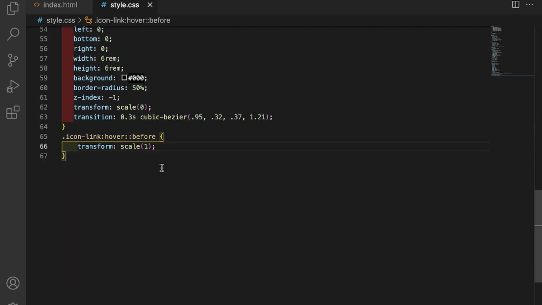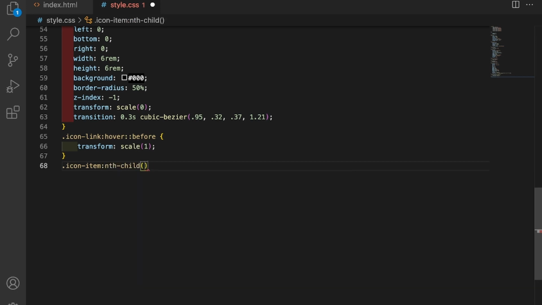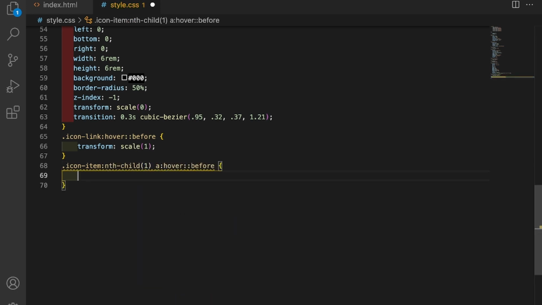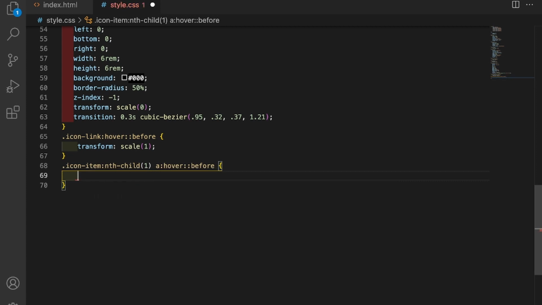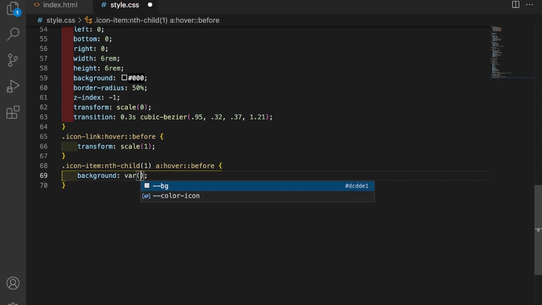So now let's add background colors on our social media icons. So here I will write icon item nth child 1 and also hover, and here I will write simply background, and use variable. So here I will use my first variable social icon 1.